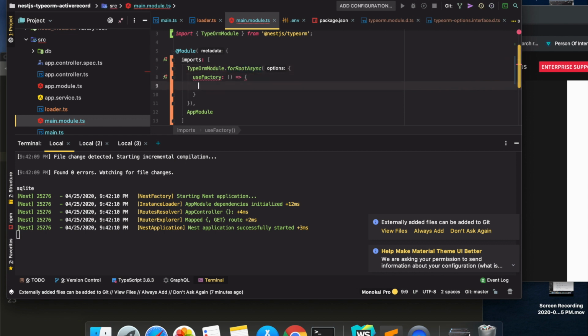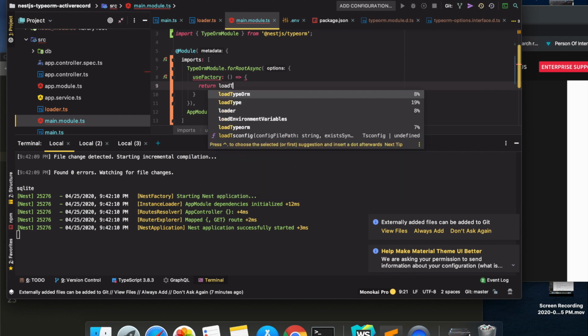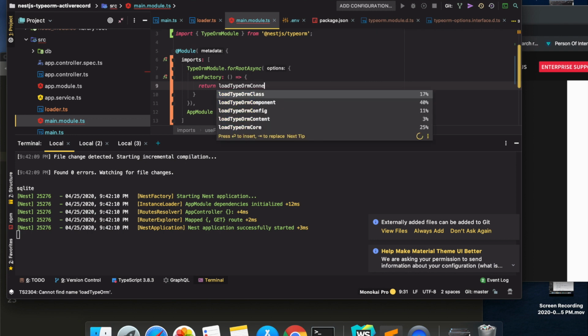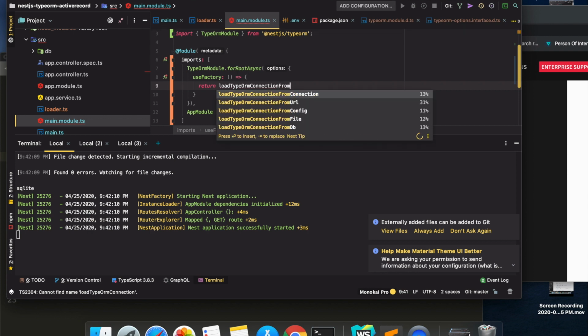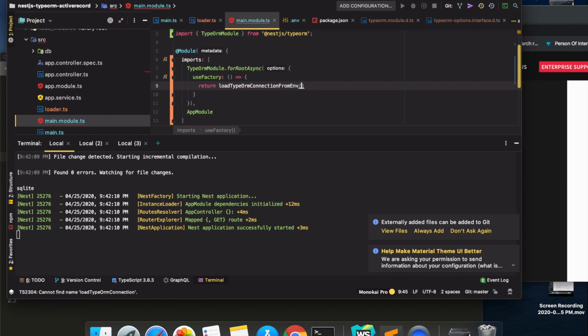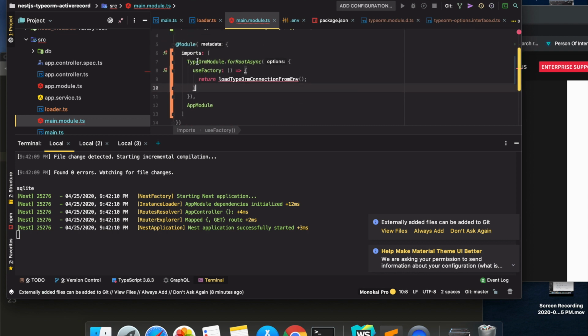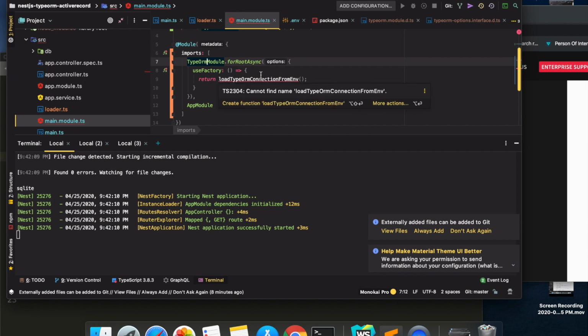So let's say we are creating a function to load the TypeORM connection from env, right? Let's say we have created this function. Now basically what will happen, this module will call this function, which will in return use